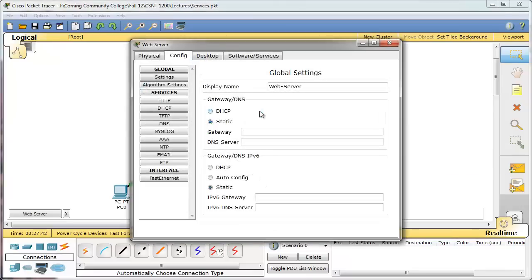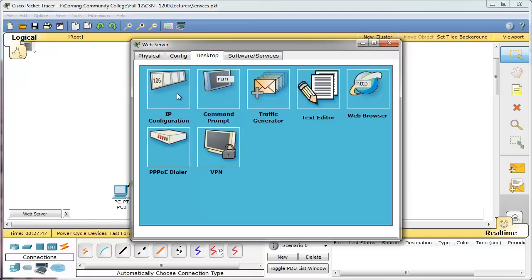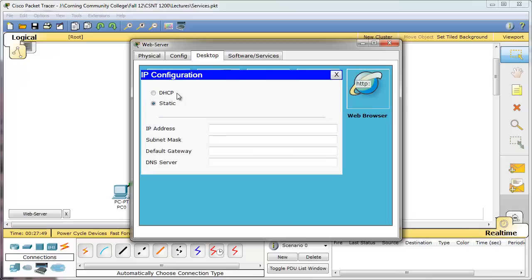So by clicking on the web server, I'm going to click on the desktop tab, I'm going to go to the IP configuration, I'm going to put my cursor right above the IP address block, and I'm going to type in 192.168.1.252. I'm going to click on the subnet mask, and it should give me the three 255s followed by a 0. Where it says default gateway, I'm going to replace it with